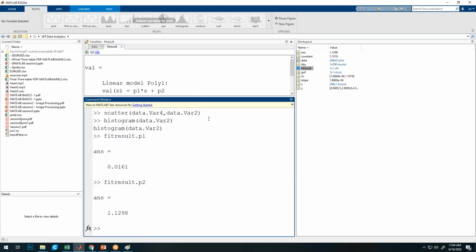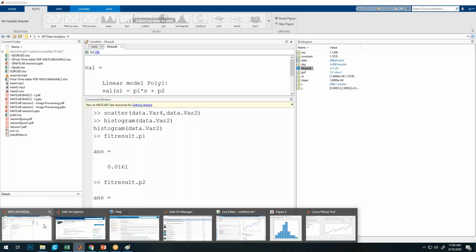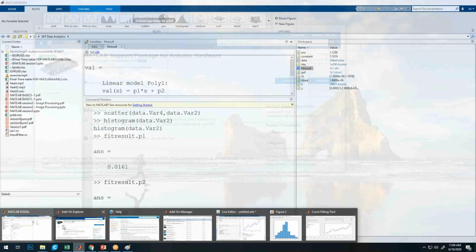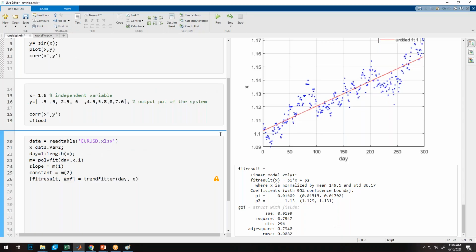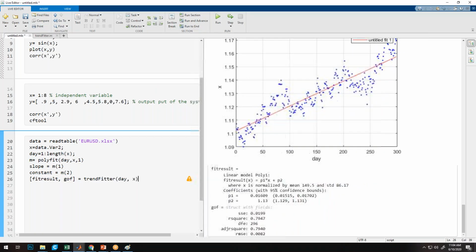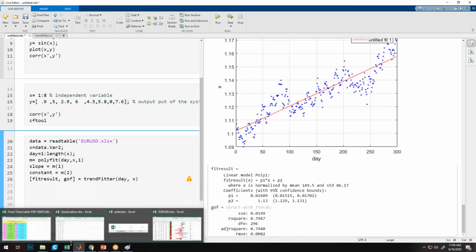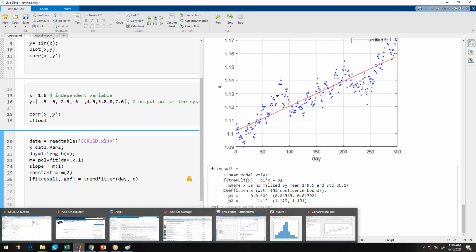So this way you can extract the information from the fit result data type. So that is a very good method, because sometimes searching for the documentation can be really a tedious task,